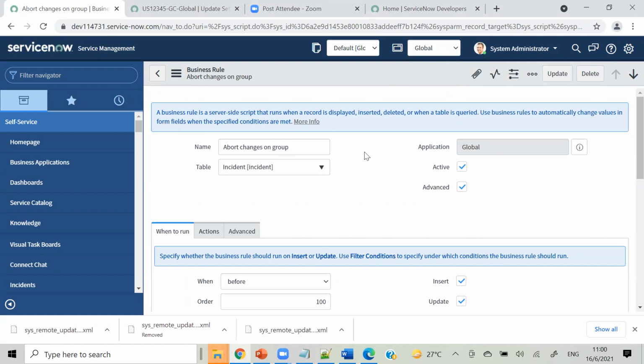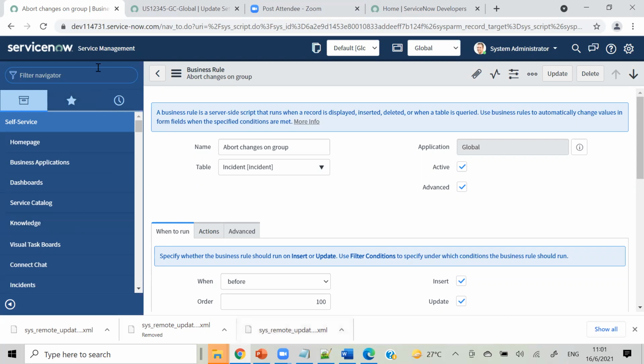Okay, so that's all about update sets, and this is how we move from one instance to another. The same update set which I created in my development instance, first we will move to the test instance, testing people will test that, and if they are okay, I will move that update set to the UAT instance. If UAT people are okay, then I will move the same update set to prod. And we will create update sets only in the development instance. We will not create them in test instance, we will not create in stage, and in prod we will not even touch anything. We will not even change a field label or anything directly in prod. Okay.